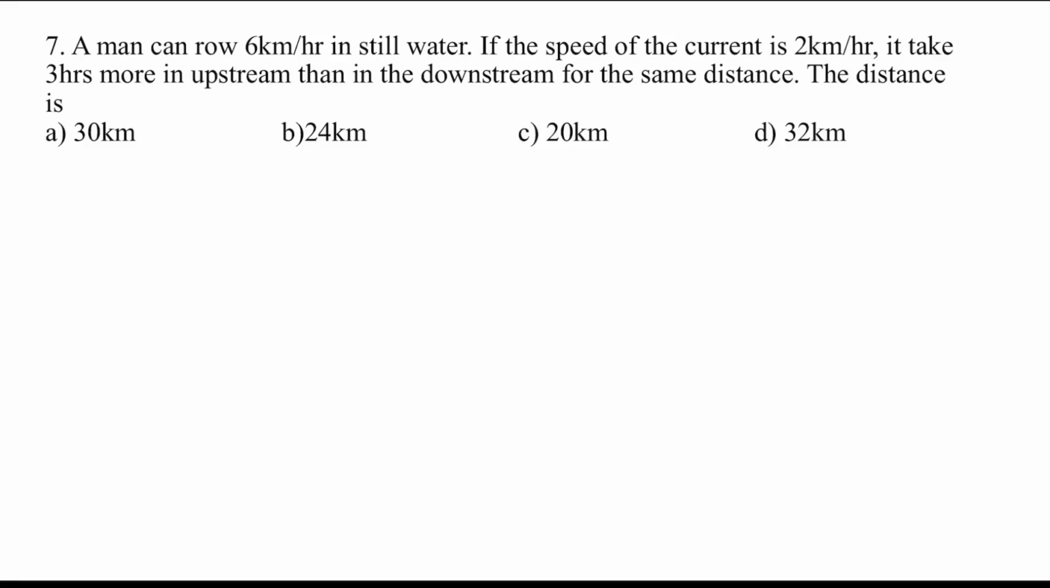Next problem. A man can row 6 km per hour in still water. So x is given: the speed of the boat in still water is 6 km per hour. If the speed of the current is 2 km per hour,